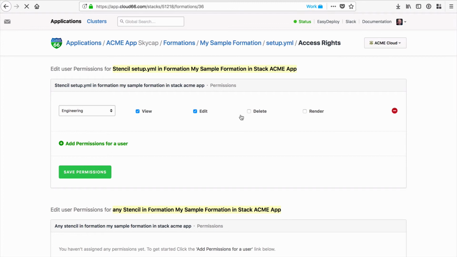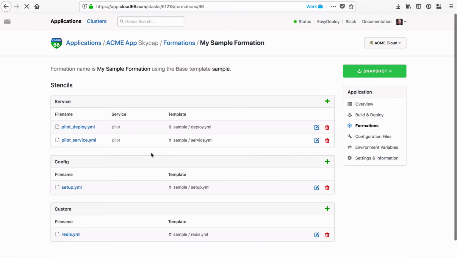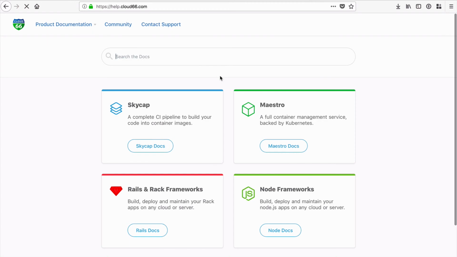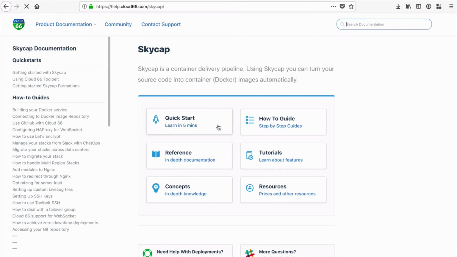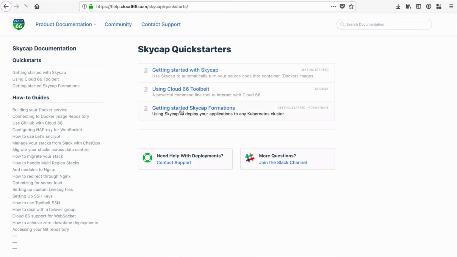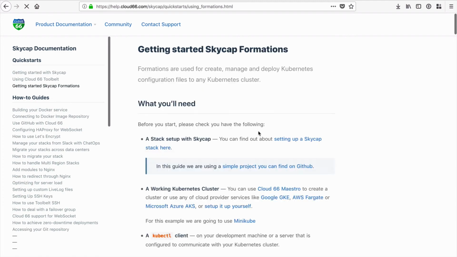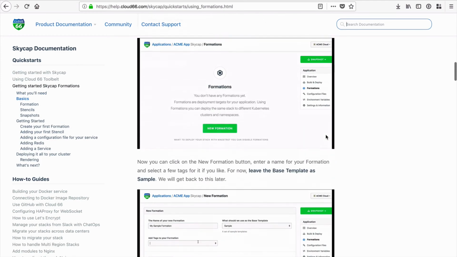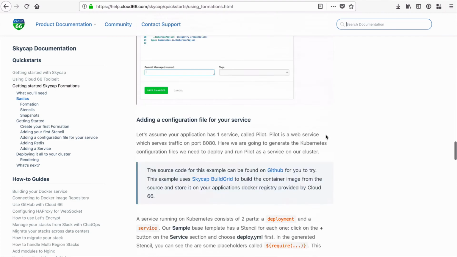There's also a lot more about configuration files and stencils and what they do and how they operate that you can read on our help site. So if I go to help.cloud66.com on the Skycap site, quick starts, you can see a lot about how formations can be used, but also